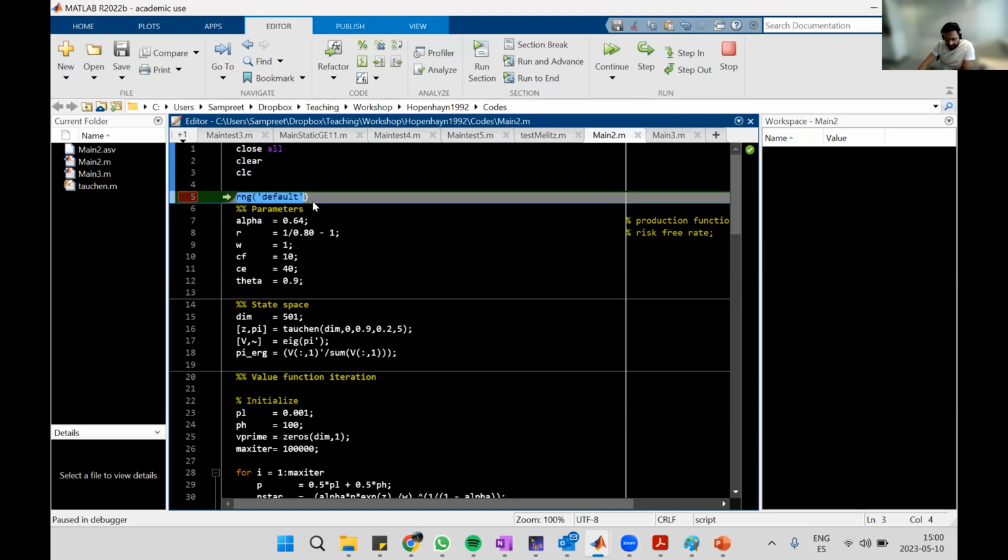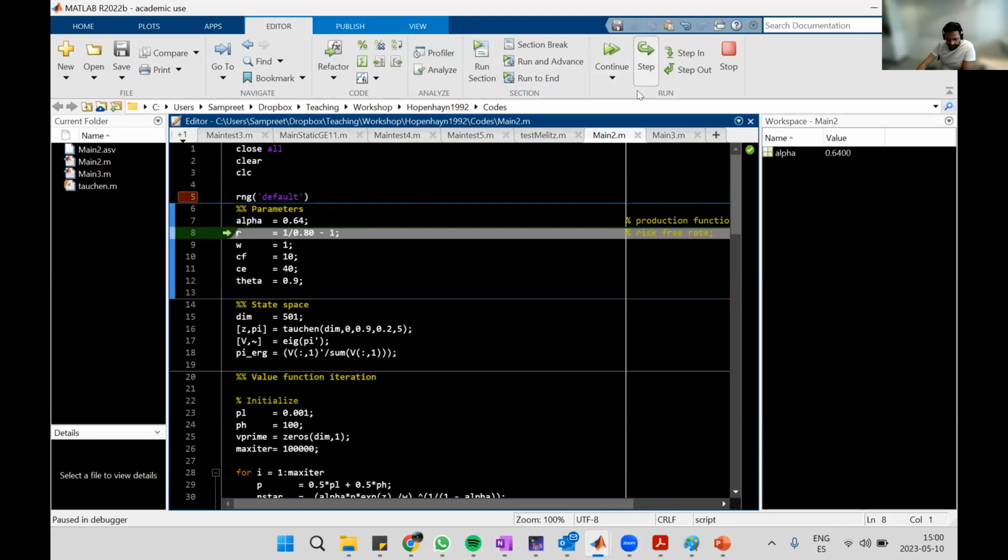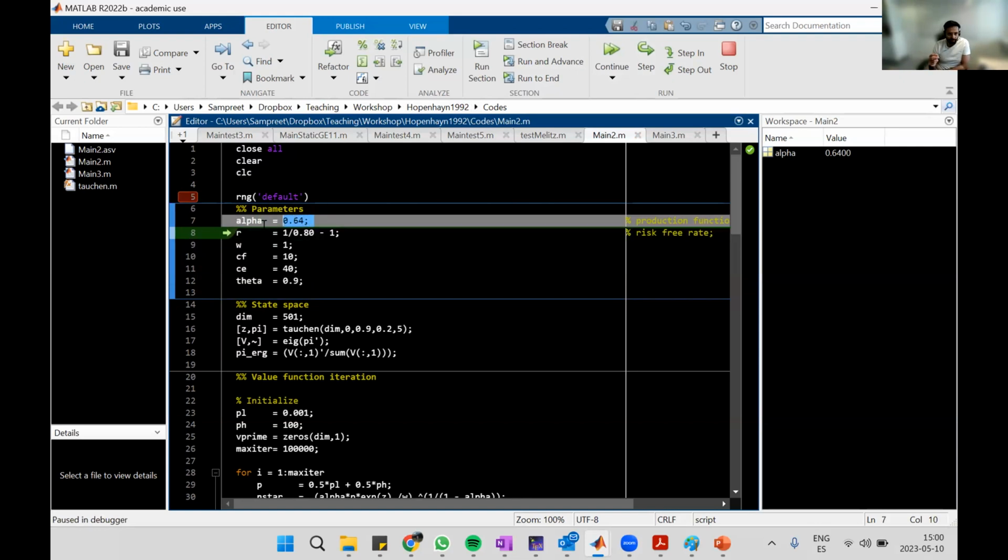Then I'm establishing my random number generating stream so that I get the same random numbers every time I run this. Okay, now I can go step by step. So first I define my alpha. Alpha is my returns to scale. So you see alpha is 0.64. So I'm solving this model first for